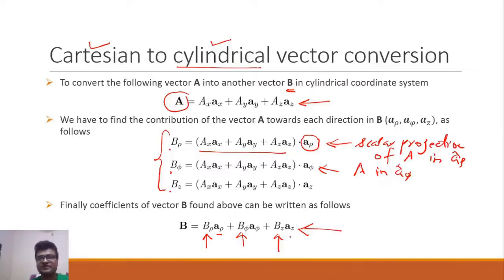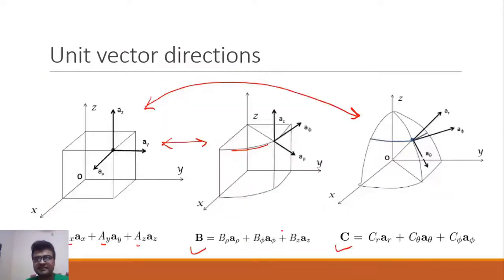So what actually are we doing here? Why do we need to dot multiply these vectors with the resulting unit vectors? Again, the answer is hidden in scalar projection. We are trying to tell the contribution of this vector A. We know its contribution in the x, y and z direction. Now what we are trying to find out is, if we copy this same vector A here and rename it as B, its contribution in the a rho, a phi and az directions.